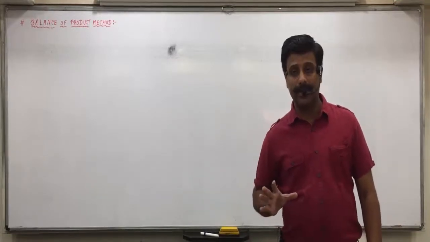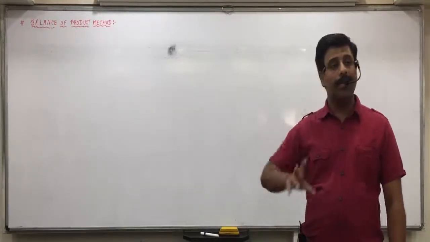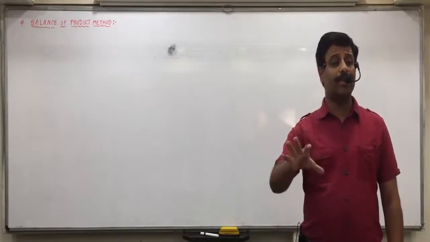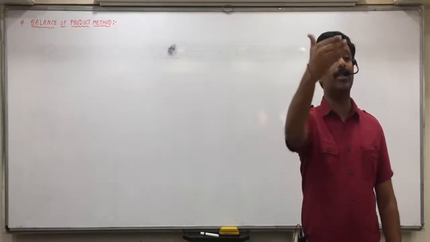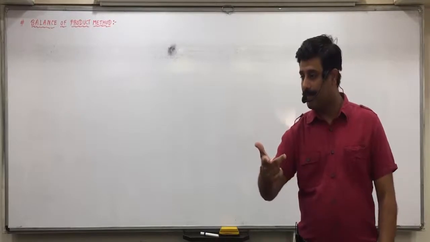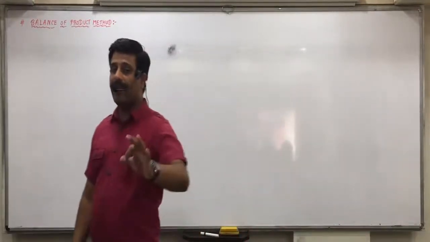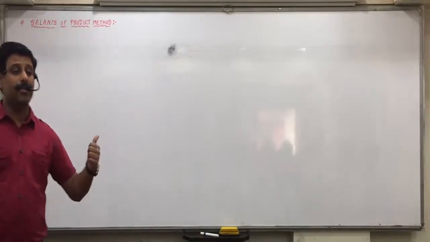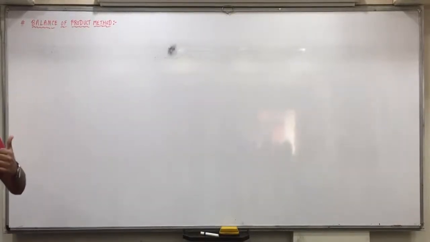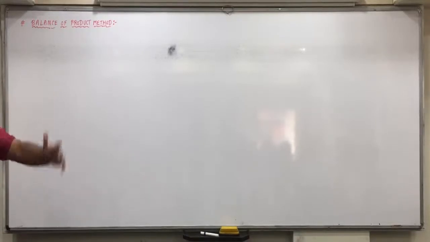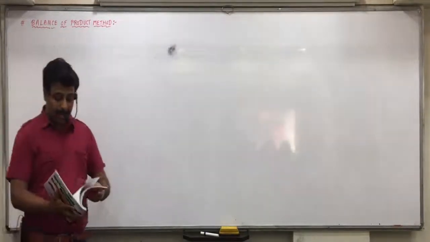Did everyone understand this? Any confusion so far? Then the same procedure: whatever interest you count on the balance of product, write it on the opposite side in the amount column, and then do the balance of the amount column. The only difference is that in the earlier method, interest was counted each time. Here interest will be counted only one time at the end. Did everyone understand this?